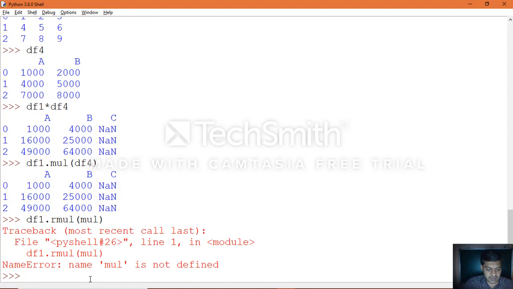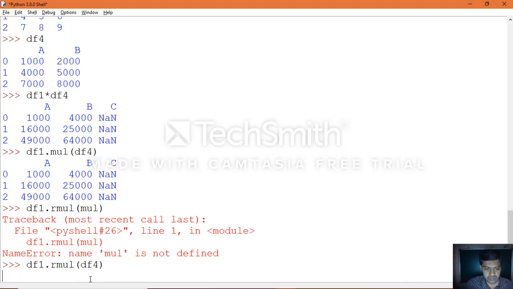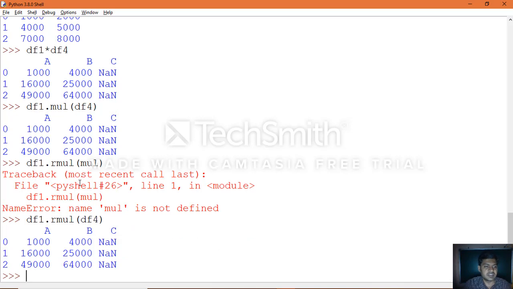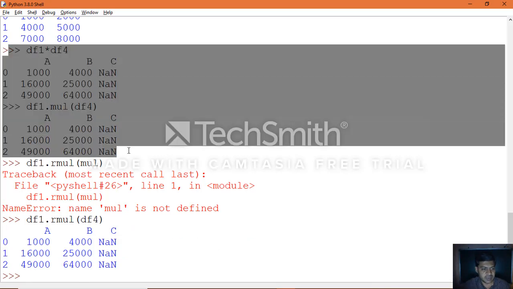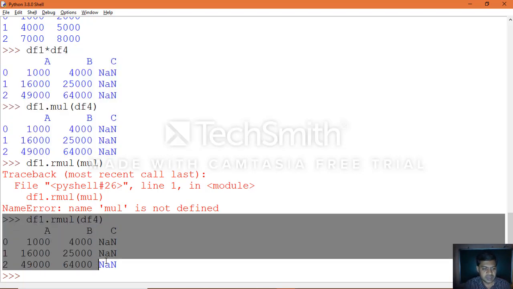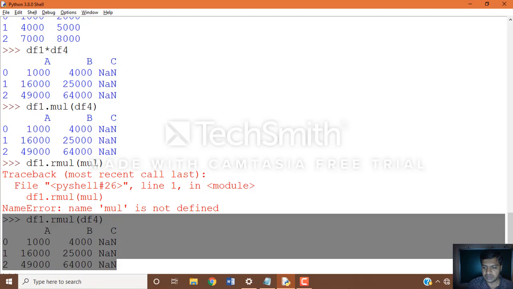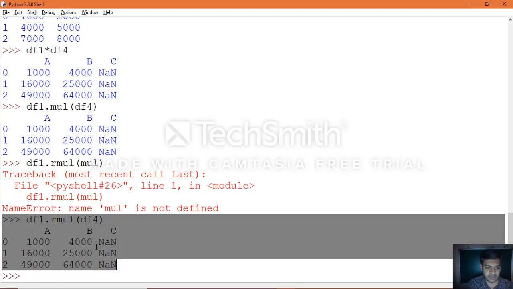Sorry, we made a mistake: df1.rmul of the object name which we need to pass. Now again you can see all these three statements give you the same result as an output.